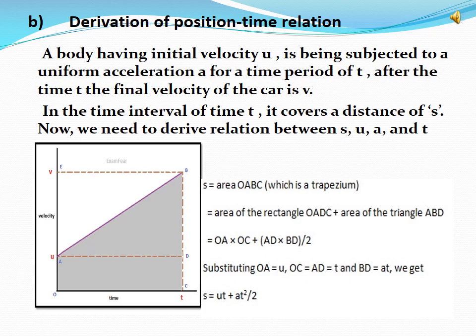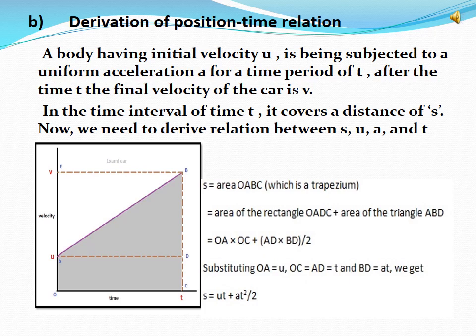Thus, the distance traveled by the body is obtained by the area enclosed by the graph, that is the velocity-time graph, with respect to the time axis or x-axis. As shown in the figure, the distance traveled by the body is equal to the area of the trapezium OABC, which is equal to the area of the rectangle OADC plus the area of the right triangle ABD, since the trapezium is composed